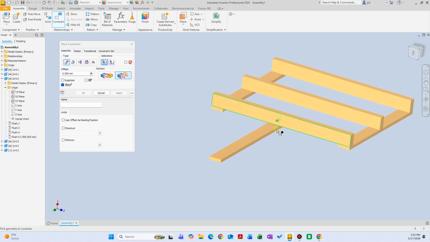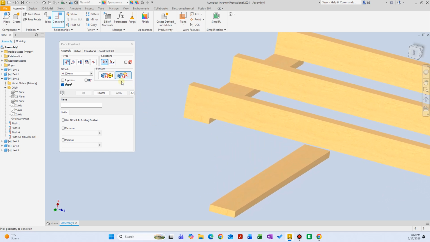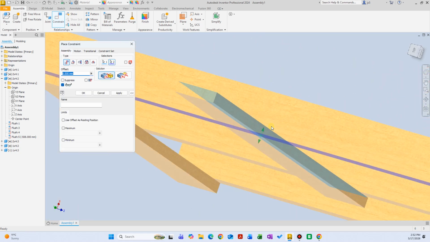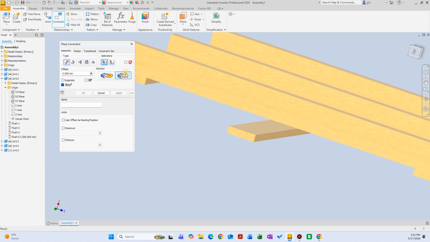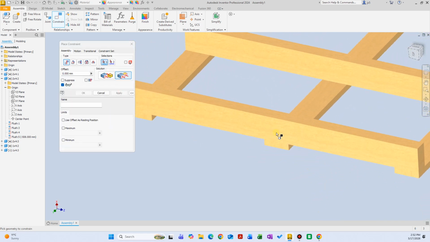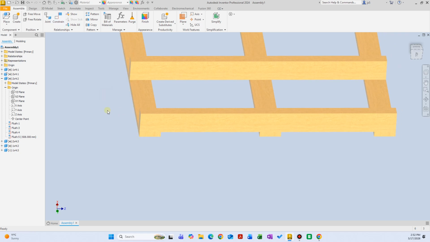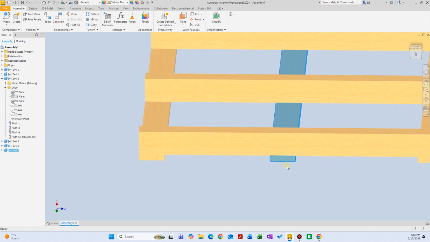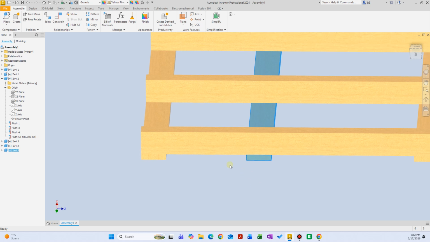Again, do the same thing with the middle piece. I want this surface to be mated with this surface. Hit apply and go to flush solution and this surface to be flush with this surface. Hit apply. Again, let's exit out of this. I have the same problem here. This piece now is constrained in this direction. It doesn't go up and down, but it moves right and left because we did not assign the distance between